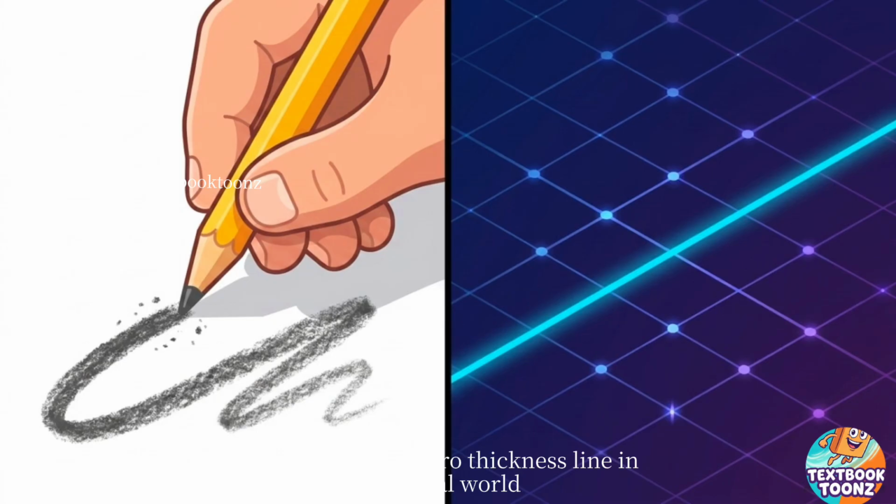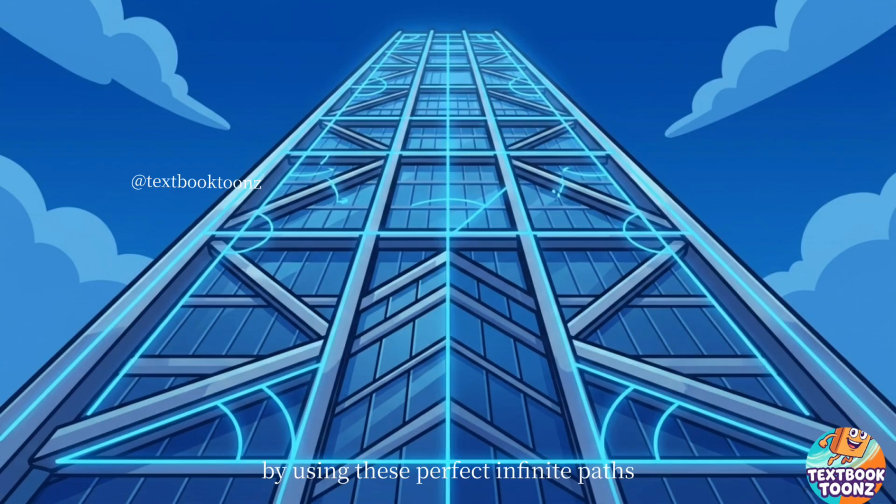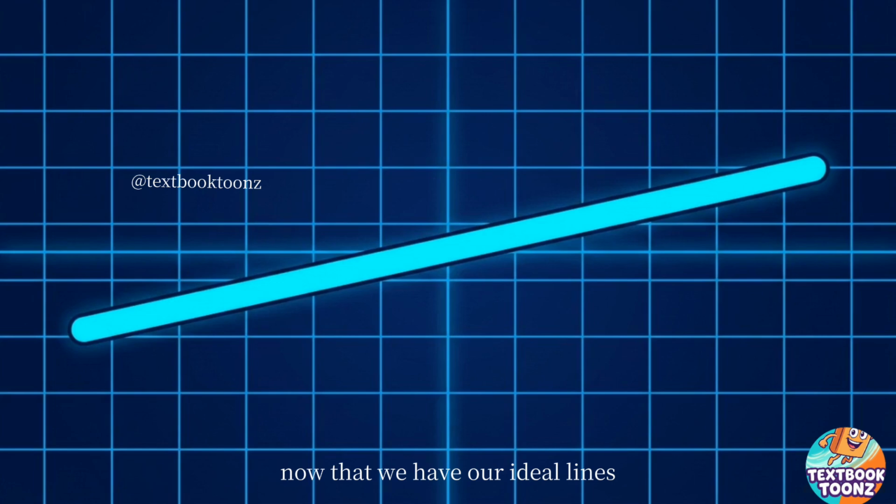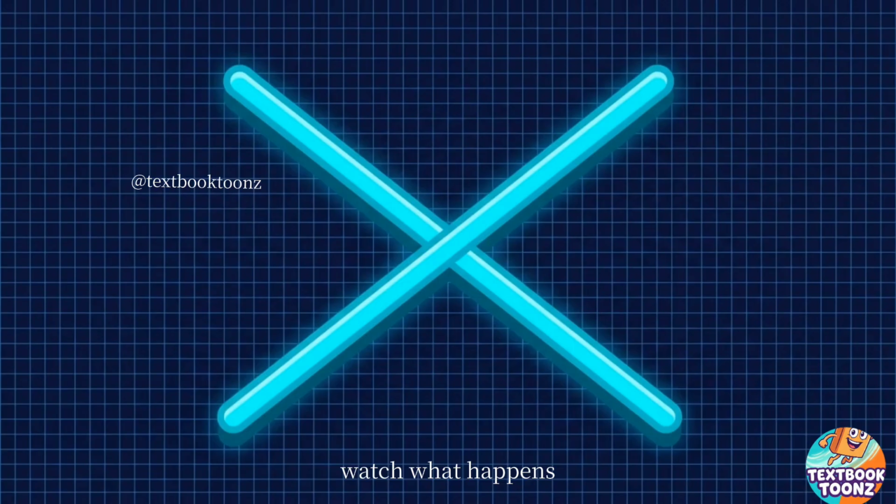We can't draw a zero-thickness line in the real world, but we need this mental raw material. By using these perfect infinite paths, we can calculate the exact angles needed to build structures that stay standing for centuries. Now that we have our ideal lines, watch what happens when we twist two of them into a very